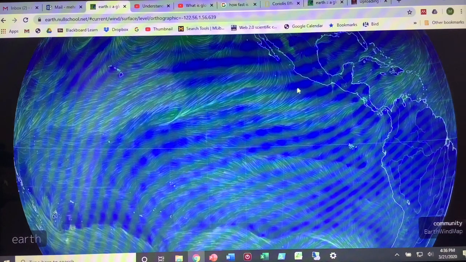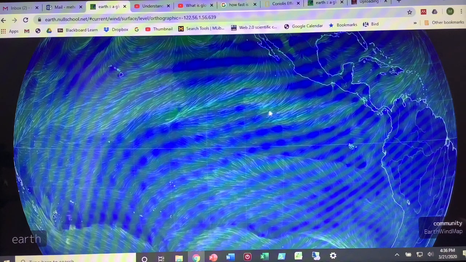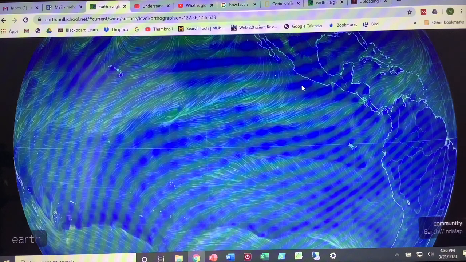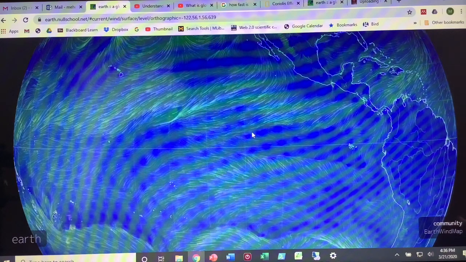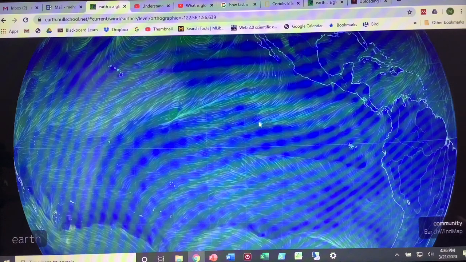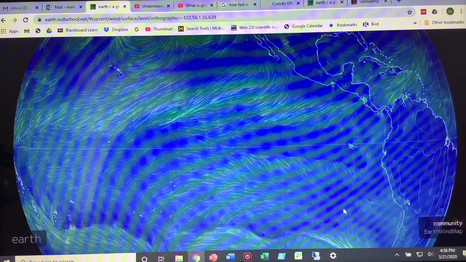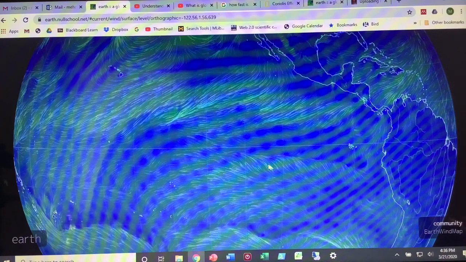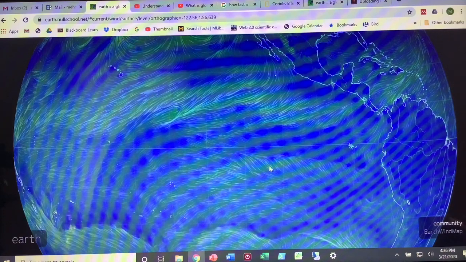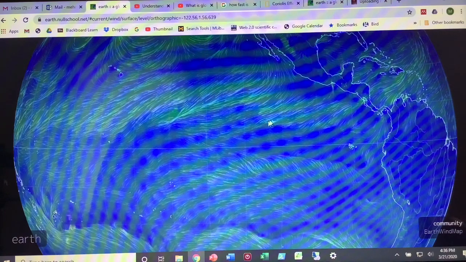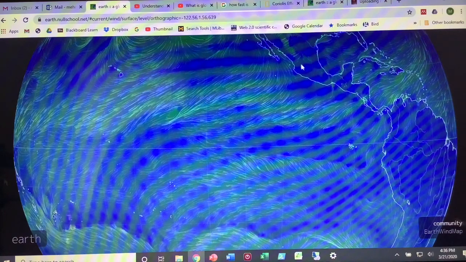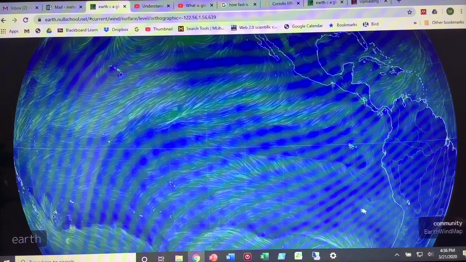And so what we notice is this very strong trend of the winds moving sort of to the southwest, kind of towards the equator like this. And then in the southern part of the Pacific Ocean, we see this really strong wind moving towards the northwest, right? So sort of diagonally moving towards each other from about 20 or 30 degrees north and south towards the